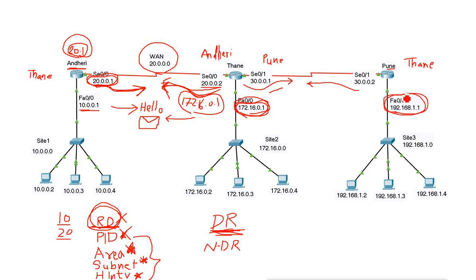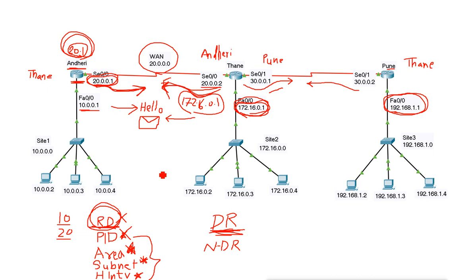When we compare all these three router IDs, this router ID is the minimum one, so it wins the election automatically, and Andheri will become the DR.